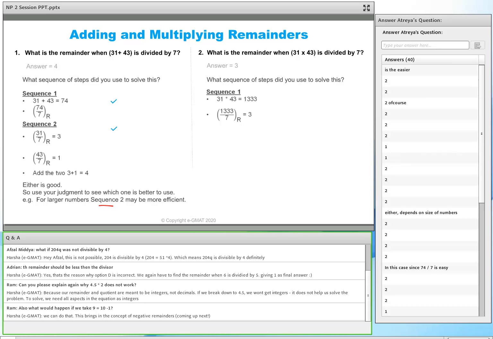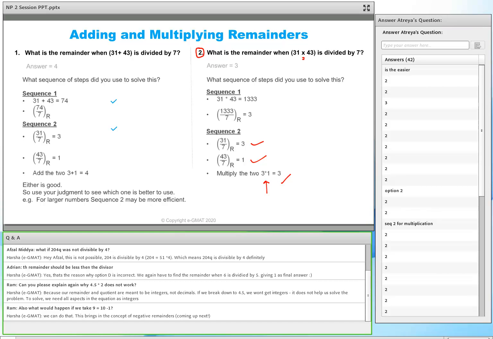What about if I tell you, what is the remainder when 31 times 43 is divided by 7? So sequence 1 is first you multiply the two numbers and you then calculate the remainder, this bigger number divided by 7. Sequence 2 is you calculate the individual remainders, and since in the original question I had a multiplication sign, you calculate the product of the remainders and then reach the final answer. What do you think is a better sequence when it comes to question number 2? You can mark your answer in